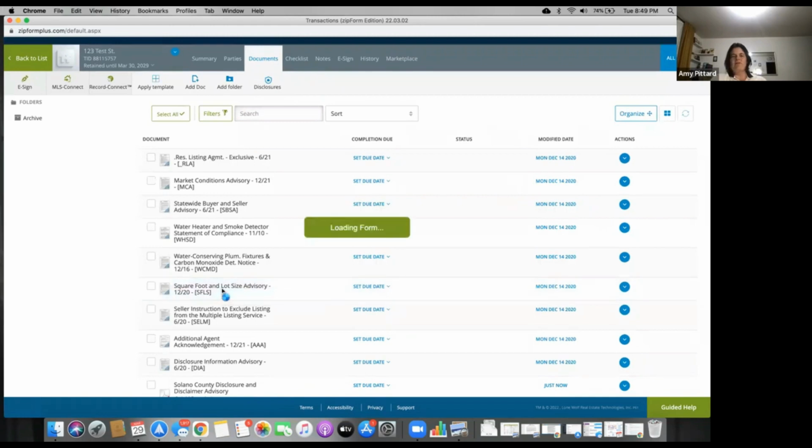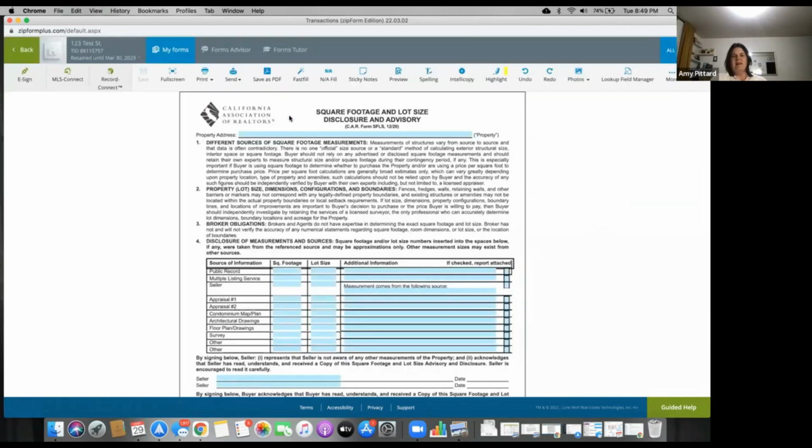All right, your square footage and lot size advisory. I just include this one. It's a notice to the buyer of what we're disclosing as the square footage and lot size. I usually take this from the tax records, but this is a good form that if you have one of those buyers or sellers, in fact,